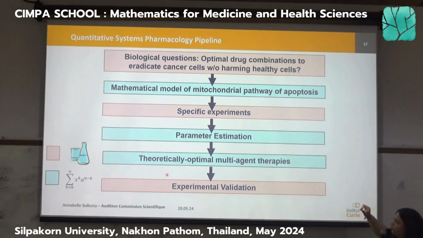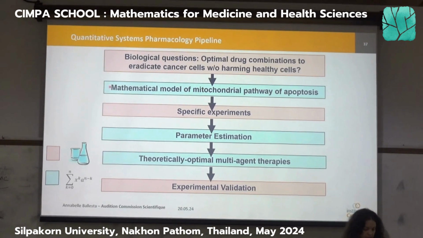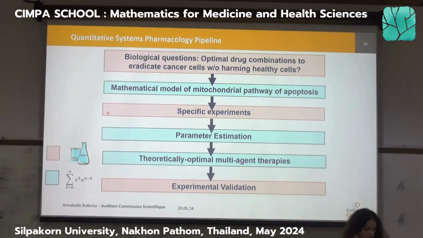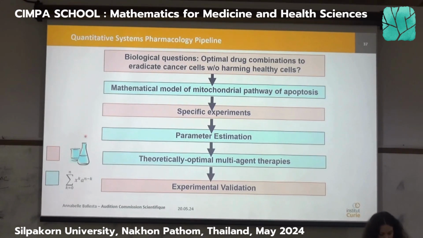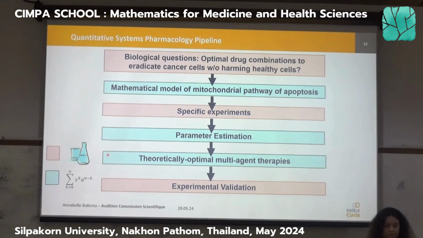So, as in part 2, we start with model design. Anything blue would be mathematics, and anything pink would be experiments or biology. So we start with model design, then we go to our experimental collaborators and we say, okay, we need that and that and that for calibrating the model or even for designing the model. Can you provide us with that? Then we go to parameter estimation, very important, and very long. And then once we have a calibrated model, we go to optimization and then hopefully to experimental validation. So I'm going to go through that.